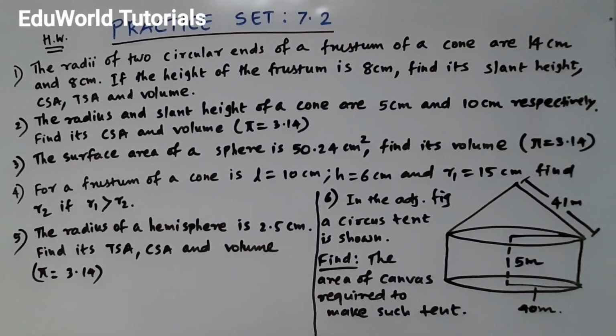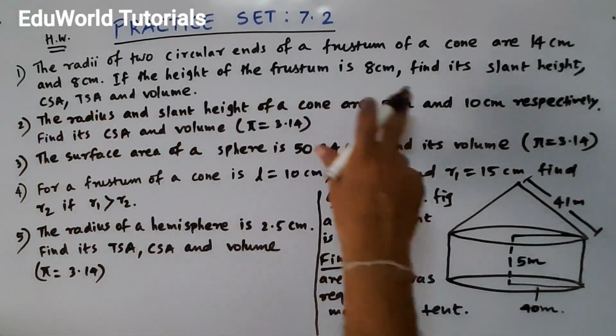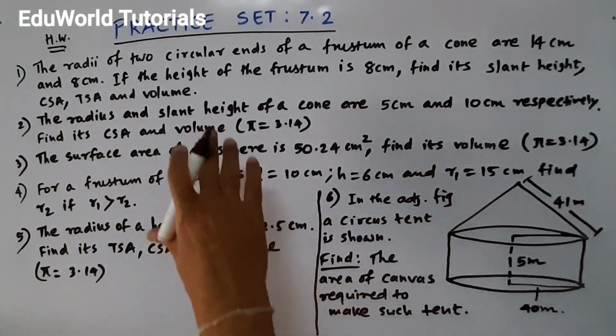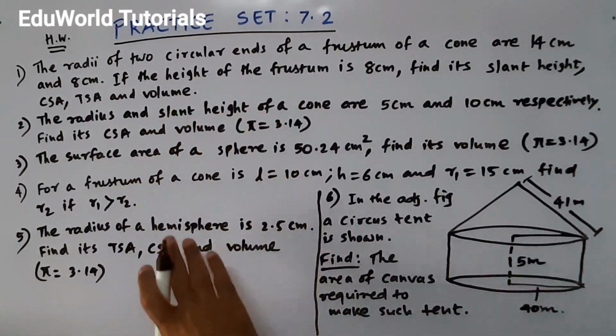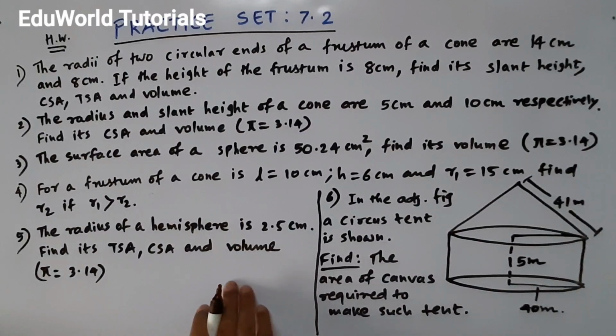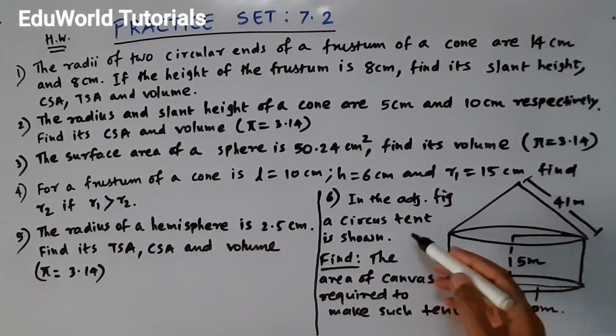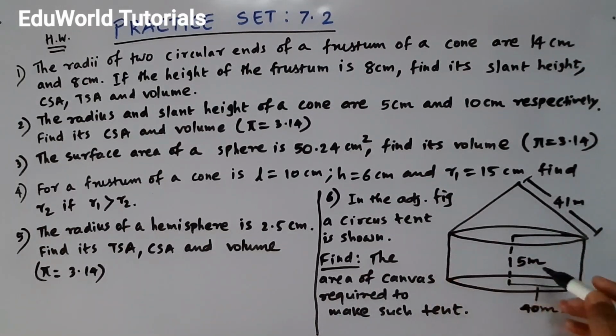So students, these are the homework sums I have found out from somewhere. Okay, six sums I have given. Okay, all these are easy sums. Either based on frustum of cone or some other figures which we already studied. This sum is again a combination of two figures, a cone and the right circular cylinder. It is described as a circus tent.